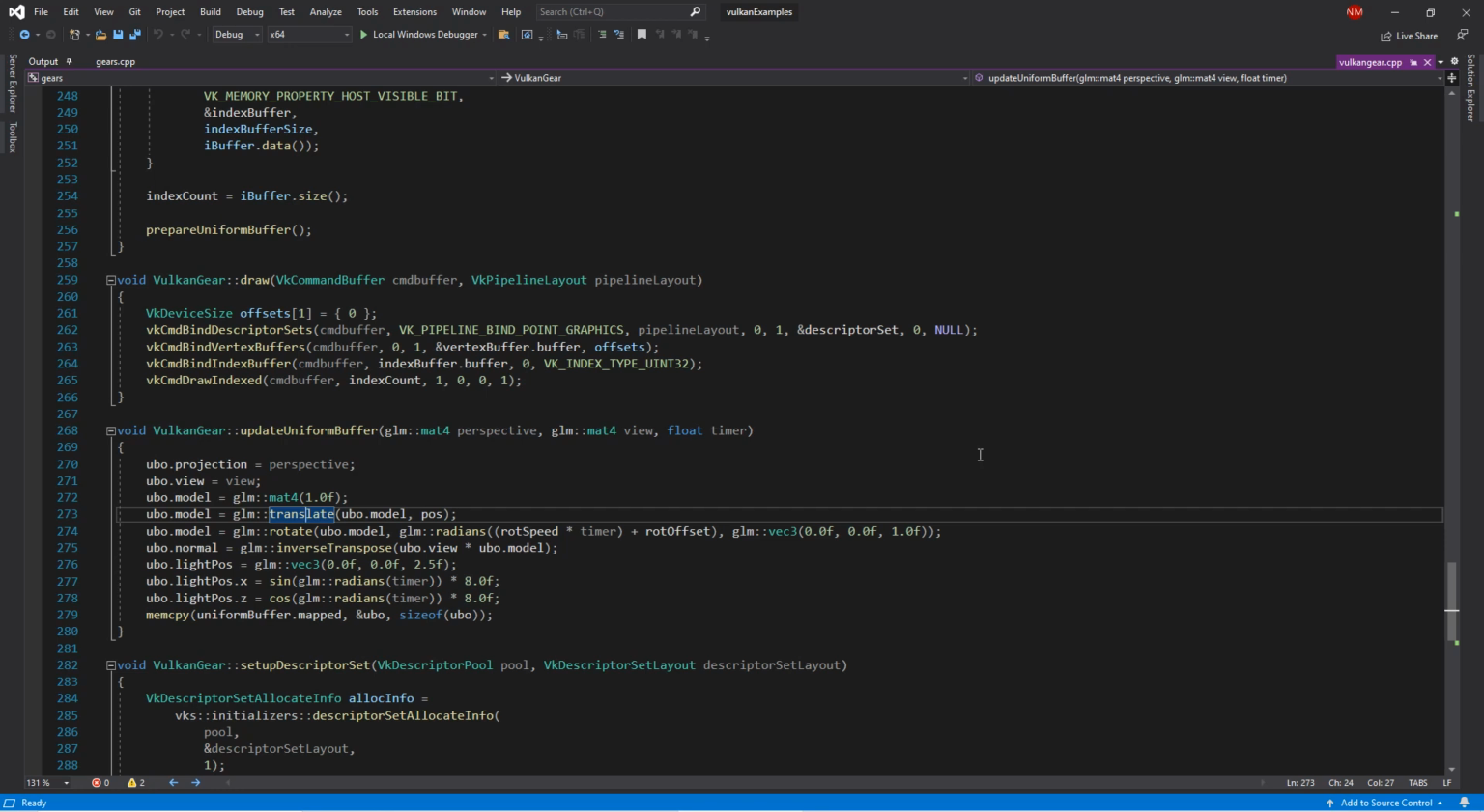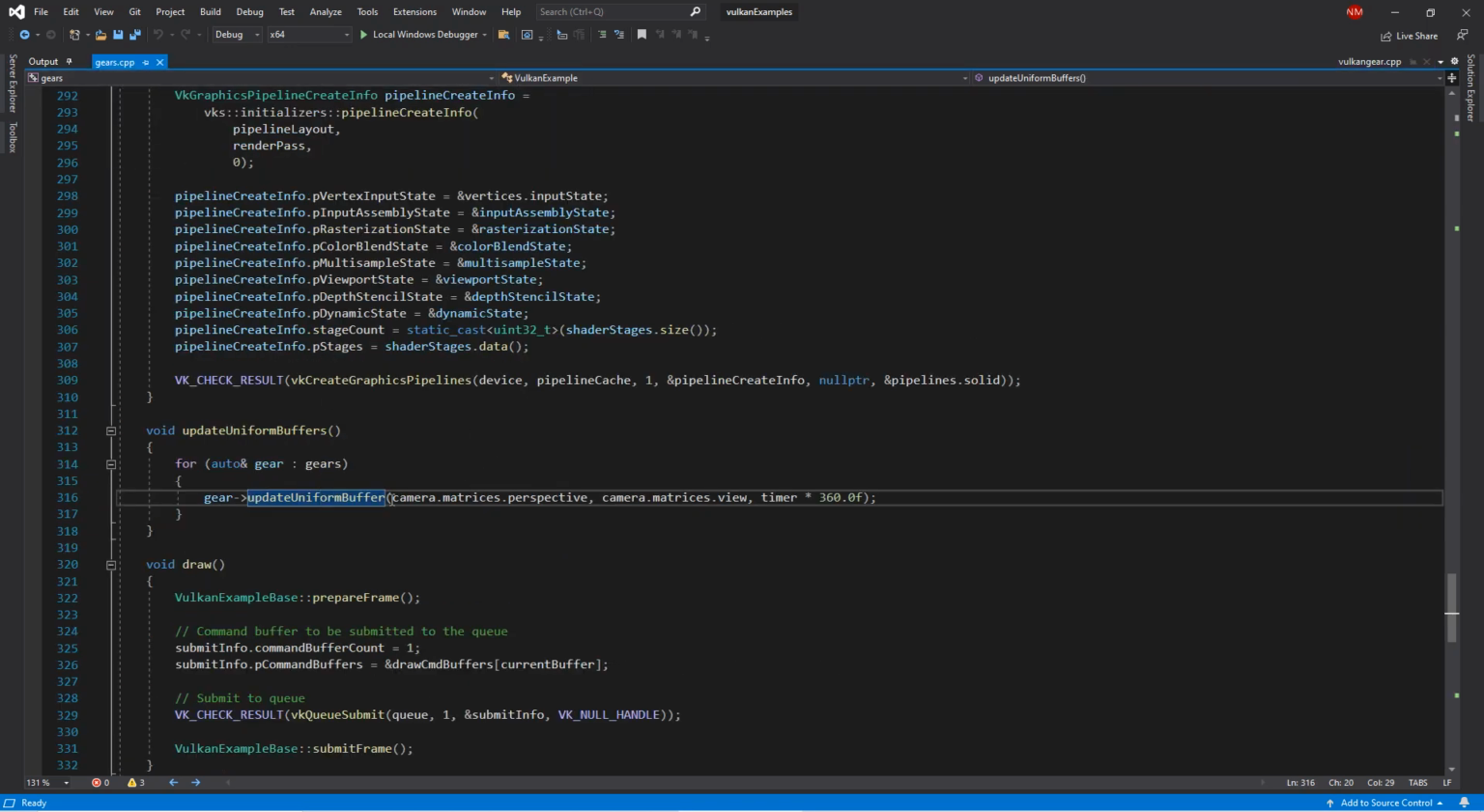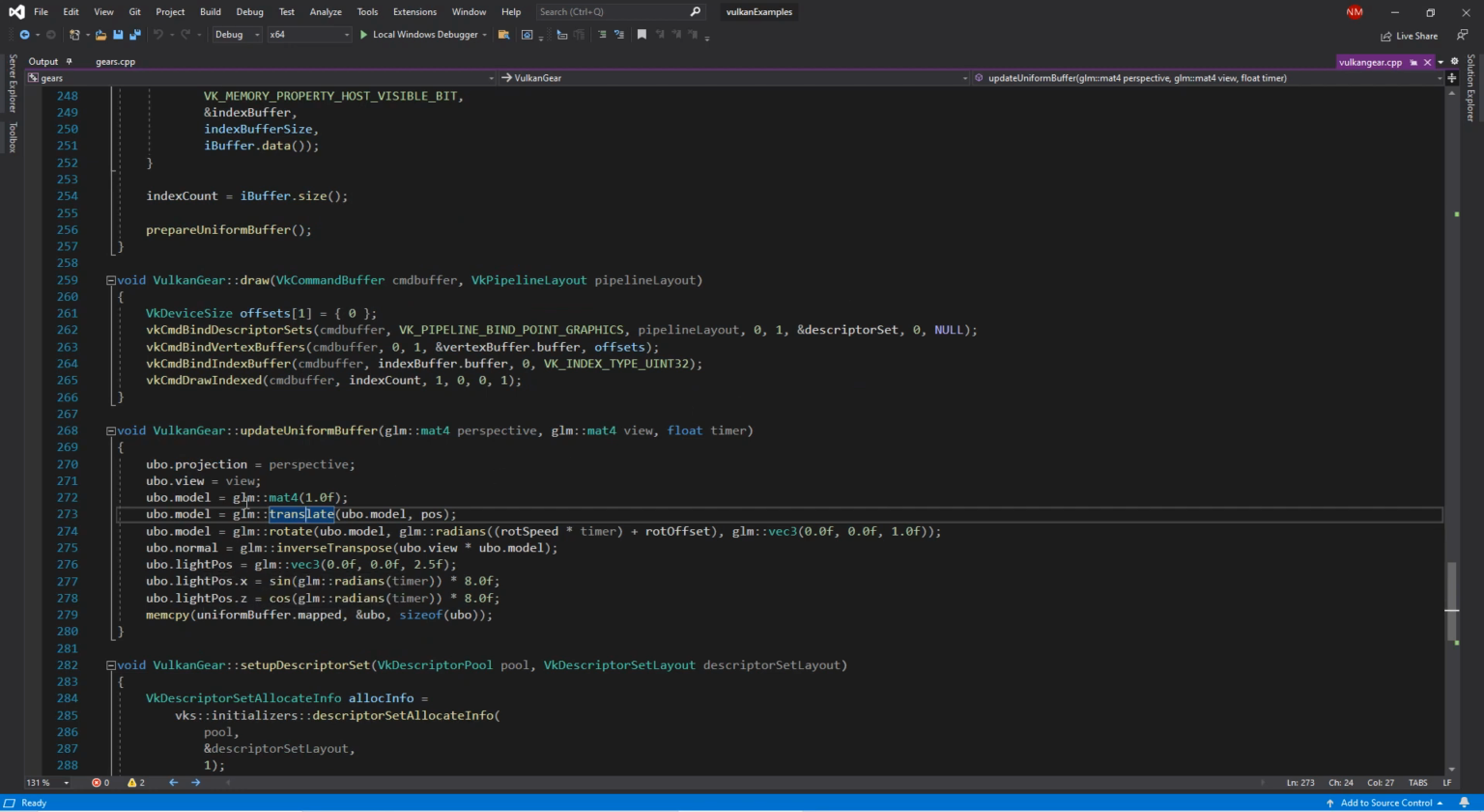Okay, so UBOs are commonly used for the camera system, right? So as you can see here, this is all relating to the camera, right? So the light and the camera and the view and projection and all that stuff, it is sort of what is being used to not only manage the camera system but also manage the gears themselves. Okay, so